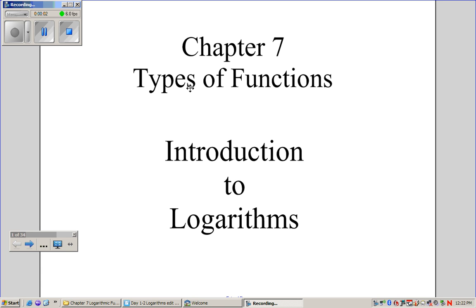Hello, welcome to Chapter 7. In Chapter 7, we're going to learn about a few different types of functions, I should say. Today we're going to get an introduction to logarithms before we really get into functions. So,